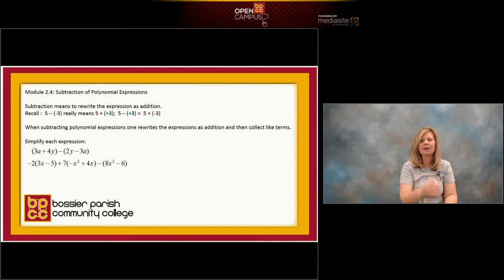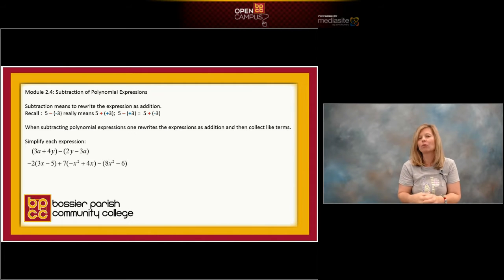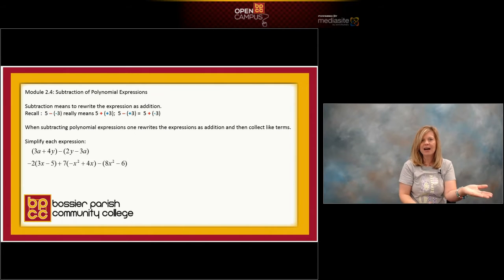So we look at our next statement, 5 minus positive 3. What that statement's really saying is, I'm starting at 5, I want to subtract a positive 3. Well, I can rewrite that, not as subtraction, I can rewrite it as addition. And when I rewrite it as addition, it becomes 5 plus, there's the addition, and I make whatever terms behind it the opposite. So that would really be 5 plus a negative 3. And if 5 is positive and 3 is negative, I subtract and I get a 2. And that's what we're going to plot.